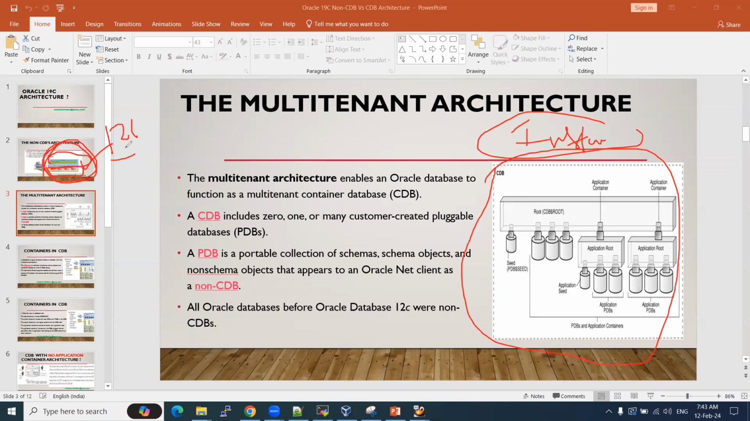Even though you are going to use it or not, we call it a container. Multi-tenant database, container database, or CDB PDB database are all the same. But in a multi-tenant single container database, you have one CDB container database root, one PDB seed, and one or more pluggable databases, PDBs,